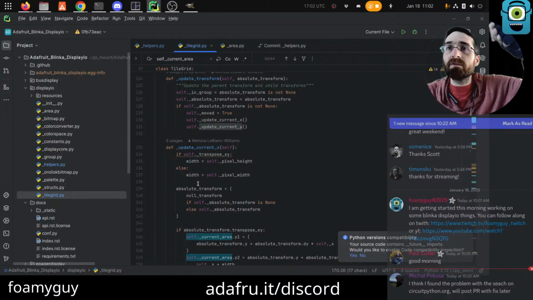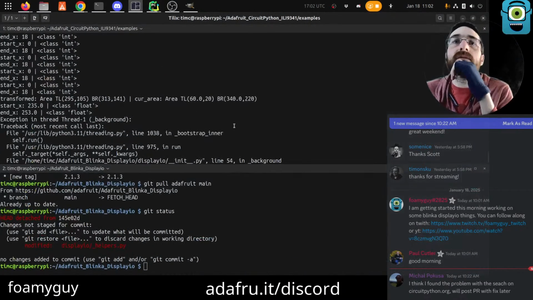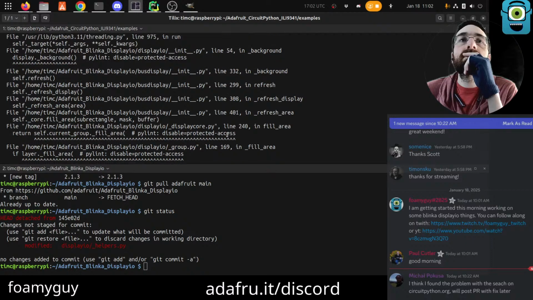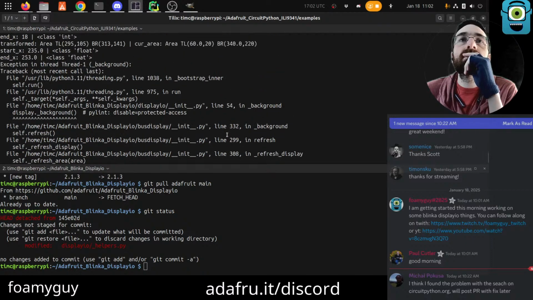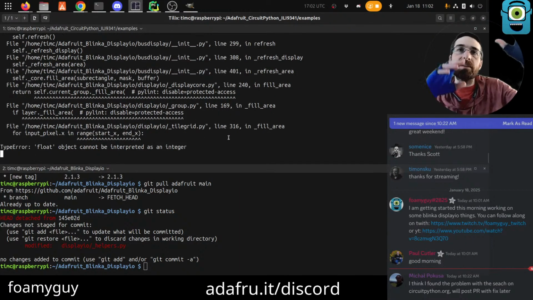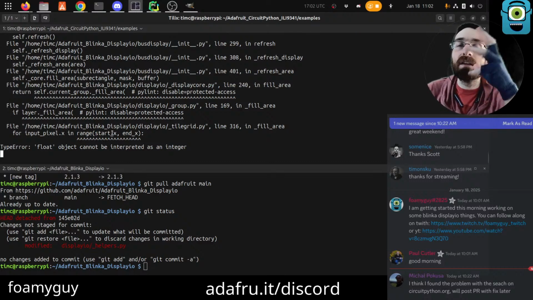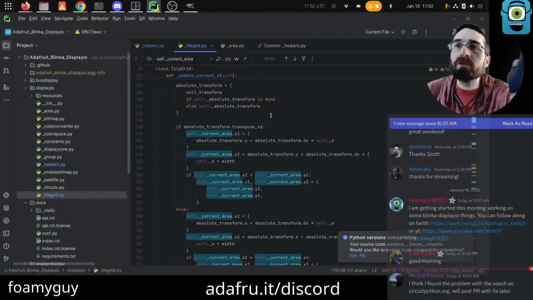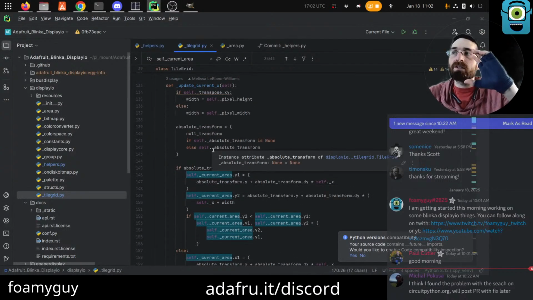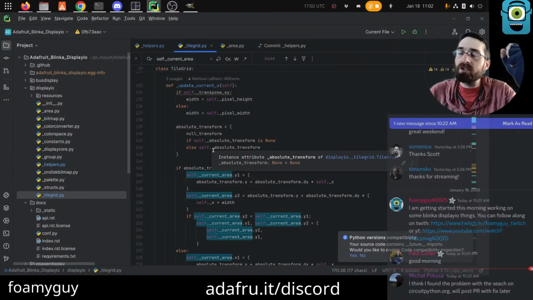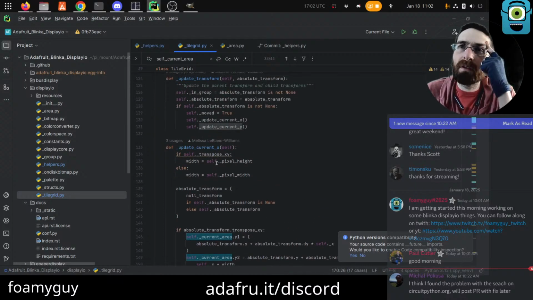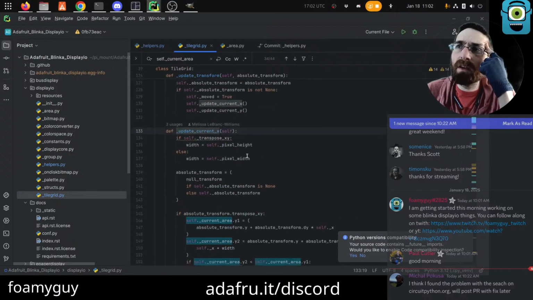Does my stack trace come through here? Update current Y. No. It's part of the problem though, because we're changing the X, but then the exception comes from the refresh thread. We can kind of correlate the fact that we changed X and that ultimately led to this, but it doesn't let us trace all the way through from X change to exception because of the way the threads are broken up. Update current X,